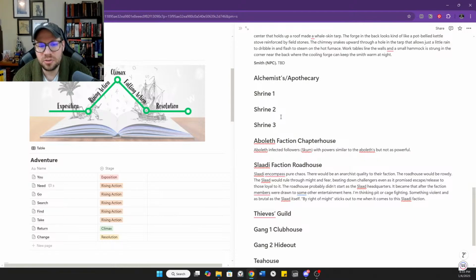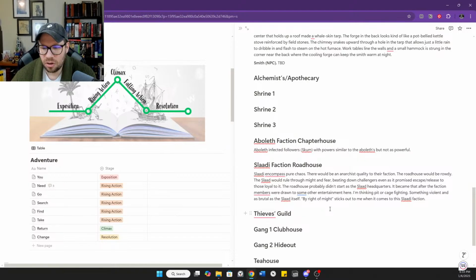We have two factions that we're introducing in the beginning of our first story here, our Aboleth-led faction and our Slod-led faction, and we've done some work with our Aboleth faction as part of our first adventure, the need section of our story circle, where we create an initial need, something that the characters realize that they need to achieve or to do.